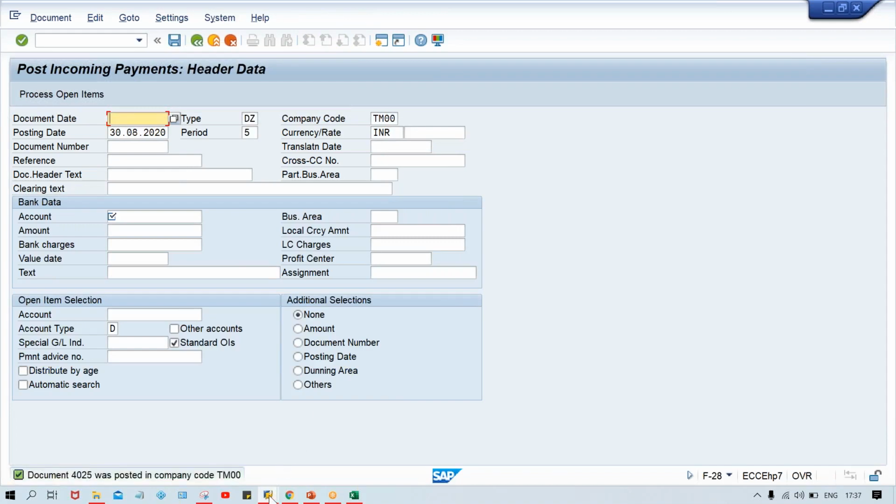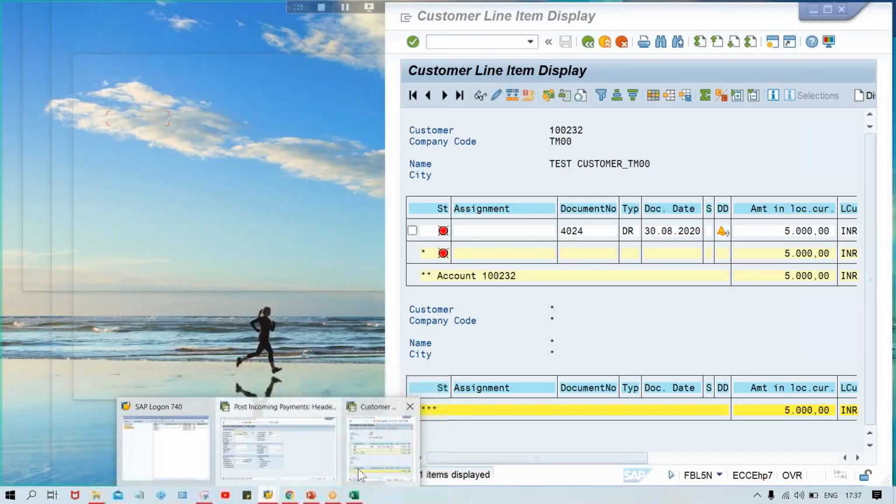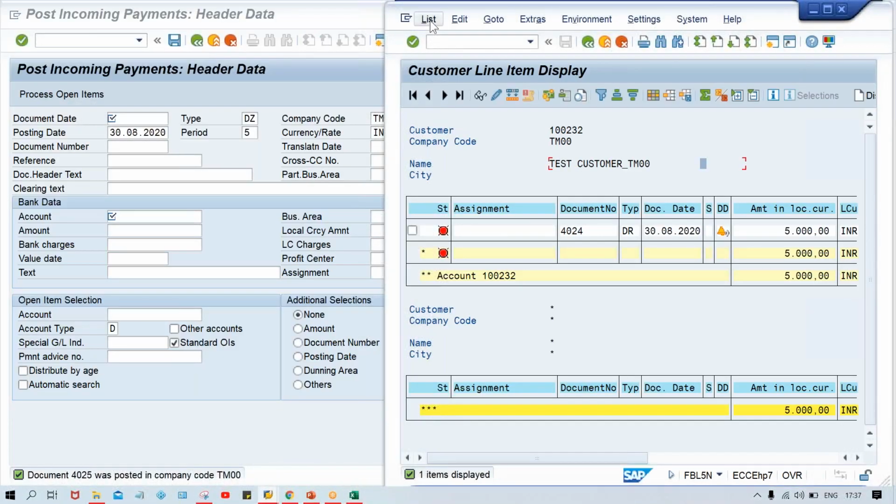Guys, here, if you come back and click on list and refresh, now let's have a look. 3000 is remaining, right? The original invoice amount got cleared, and the next new line item got updated